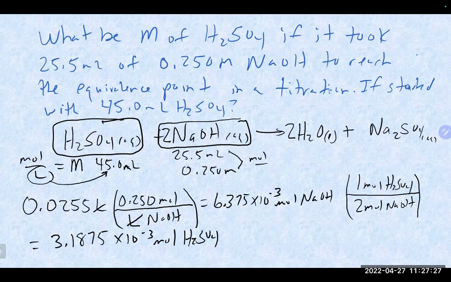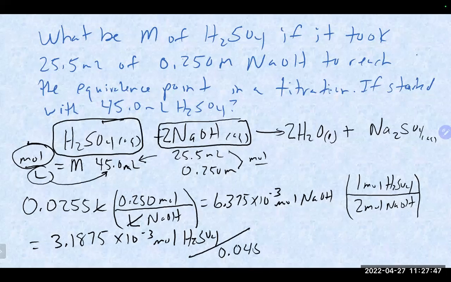That obviously now gives us the top part of what we need to calculate the molarity. So we have the moles of it. We have the volume that was given to us. We then need to simply divide those two. We do need to also make sure we convert that volume into liters as well. So once again, move the decimal or divide by 1,000, gets you 0.045 liters. Dividing that by 0.045 gets us a molarity of